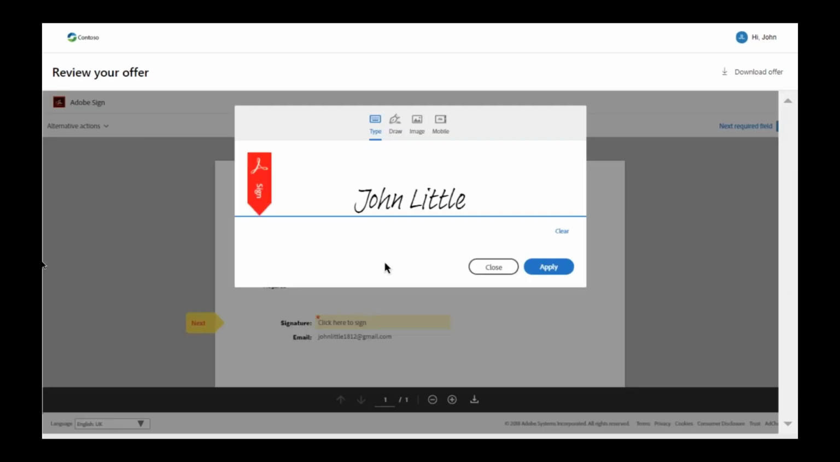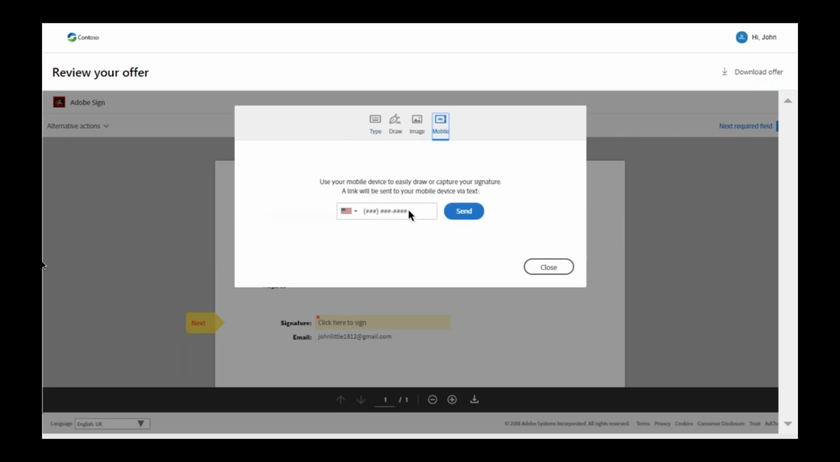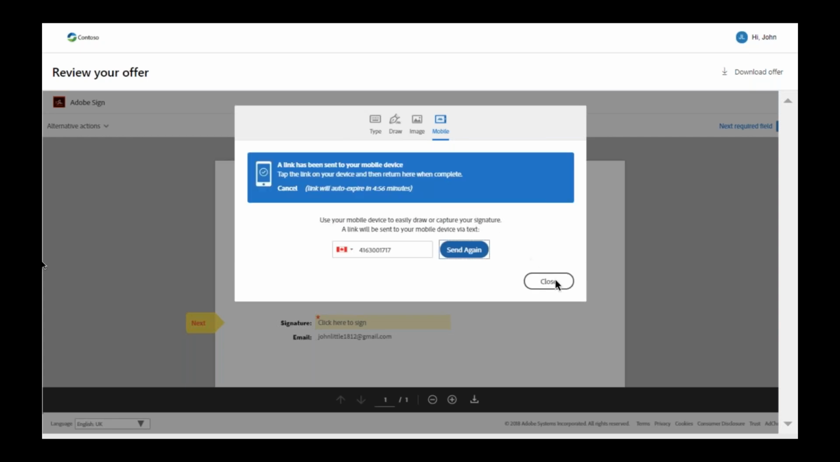Now they can do that in a number of ways, and I'll pause on this just for a second. You can type right here. That's definitely a way to do it. You can draw or have an image file that you rely on, or you can use your mobile device and do like a finger signing there. And so that's the choice that's going to be made here. Enter the phone number, hit send,